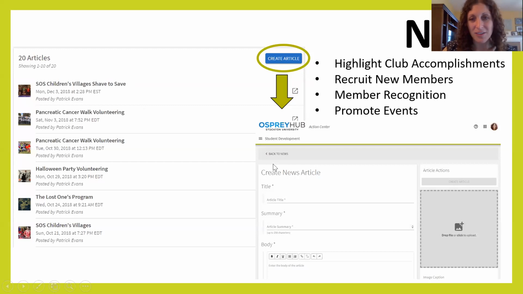Super easy: title, summary, copy paste your news article there. You can attach a photo, and then depending on your access level, you can make it public, or you can make it so that it's only viewable to students and staff at OspreyHub, or you can make it so that it's only viewable to members in your organization. If it is something that's public, you can go ahead and share that link to that article on all of your social media pages, so that this way you can share this great news through everyone who's following you on social media, even if they're not on